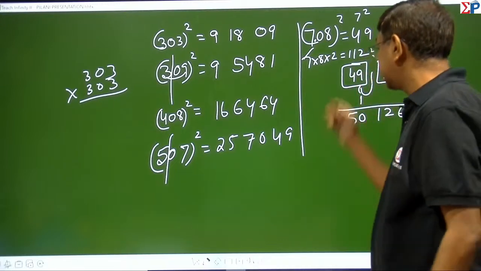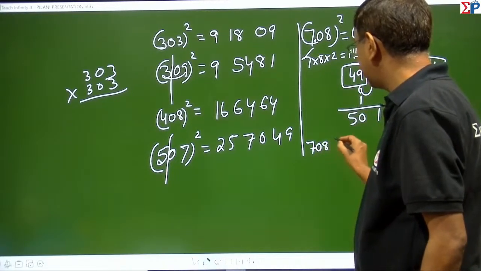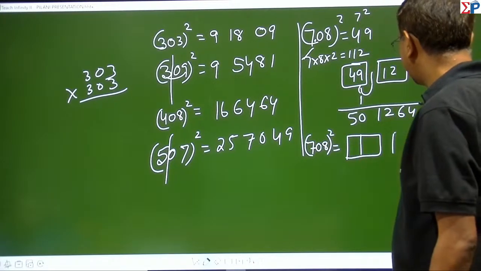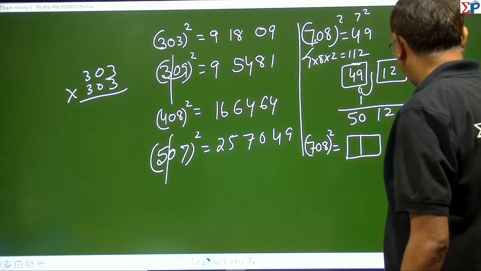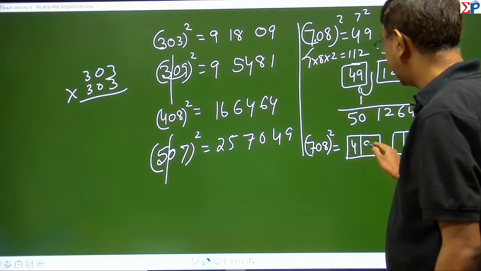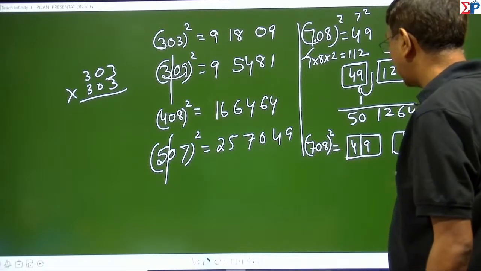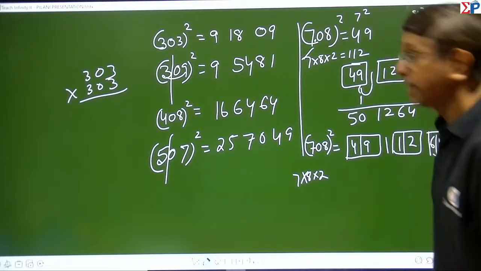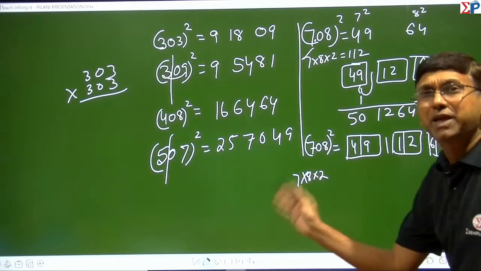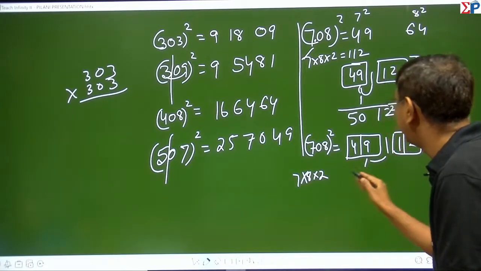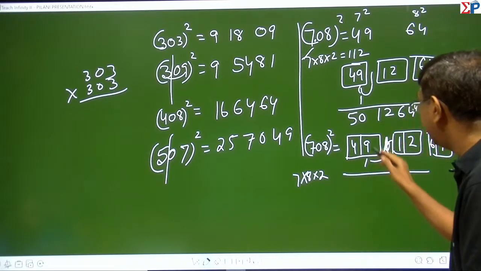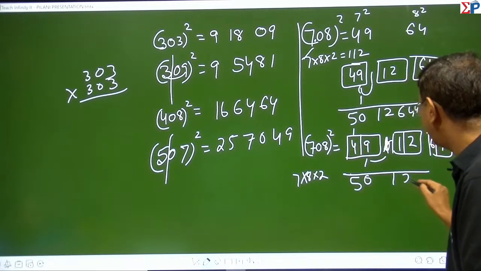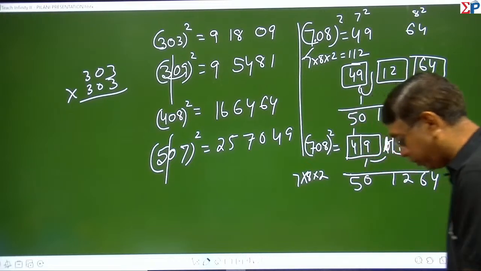Okay, I'll explain this once again। When we are finding 708 square, so as I said, make like this, only 2 places to sit, everywhere only 2 places to sit। ये देखो, तो 7 का स्क्वायर 49 आके बैठ गया, 8 का स्क्वायर 64 आके बैठ गया, 7 इंटू 8 इंटू 2 112 ऐसे बैठेगा, पर हम किसी को बाहर नहीं बिठाते, तो हम कहते हैं भैया आ जाओ घर के अंदर नीचे बैठो, तो इस 1 को फिर हम यहां ले आएंगे, तो ये 1 यहां से कट जाएगा, 0 और एक रिमाइंडर यहां गया 9 प्लस, तो ये 50 हो गया, ये 12 एज इट इज, ये आंसर आएगा। आई होप नाउ इट इज क्लियर।